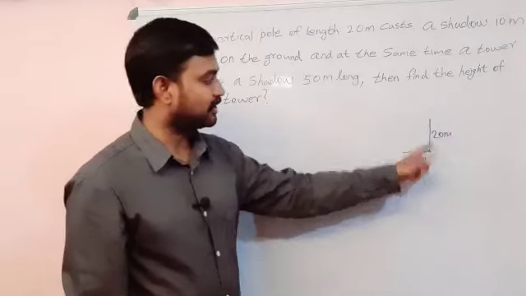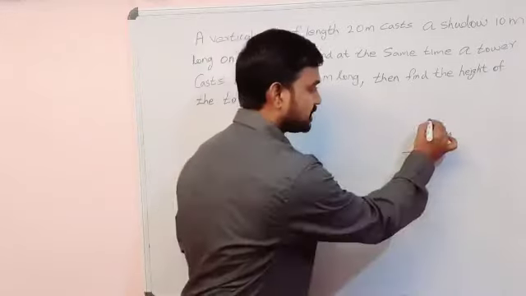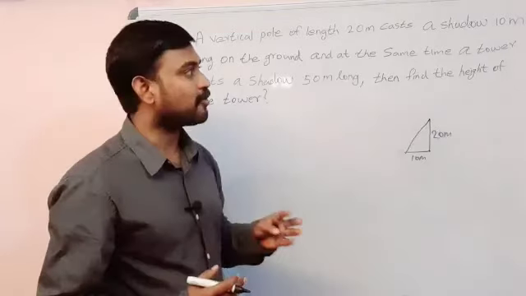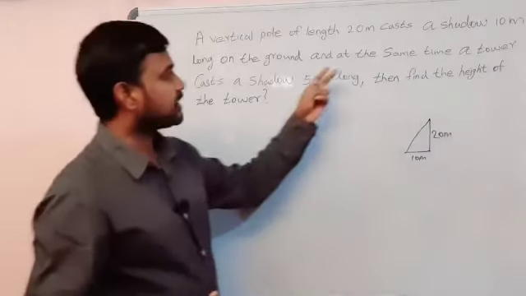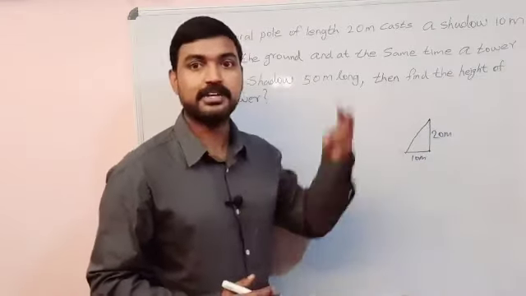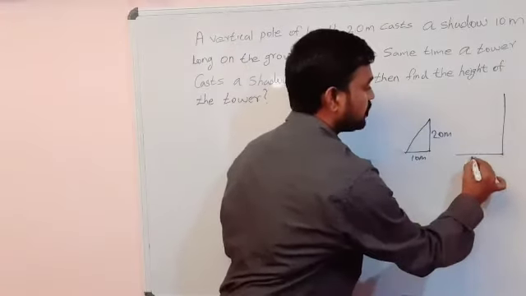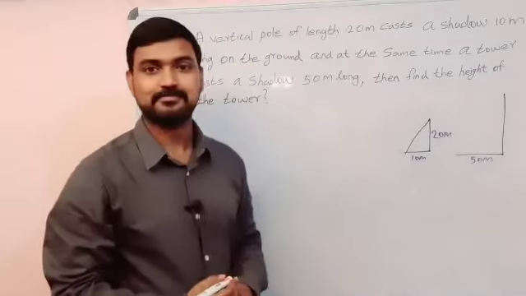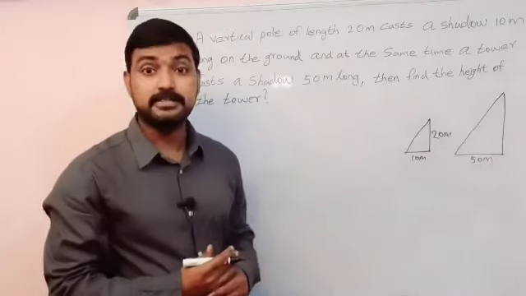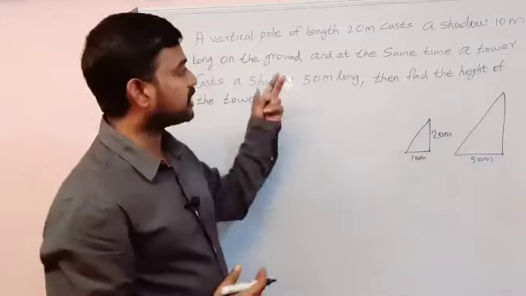So we got a vertical line and here is a horizontal line. When we join these two lines, we will get a triangle. It is not only a triangle, it is a right-angled triangle. Now we can come to the question again. The question says that at the same time a tower casts a shadow 50 meter long. So there is another one. The tower is there. We can mark this tower which casts a 50 meter long shadow. Here also we can join these two lines. We get another right-angled triangle. So we can give names to these two triangles and we can think of the last sentence.